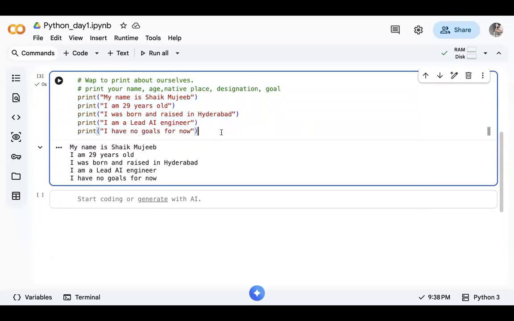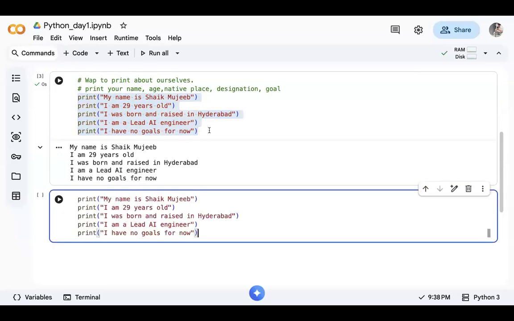Okay. So now, see guys, when I printed all these 5 lines, it looks like a poem to me. There is no space after every sentence. I have all 5 lines, but it looks something like a poem. But I want to differentiate. I want to maintain some space between each of these lines. So whenever you want to add some space after every line, all you can do is just copy this entire code,